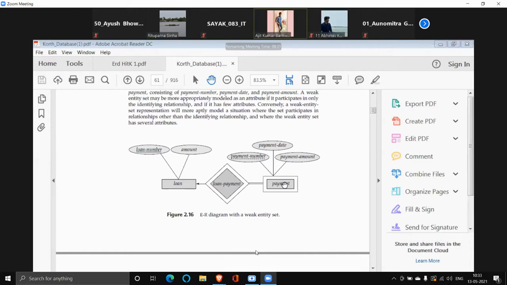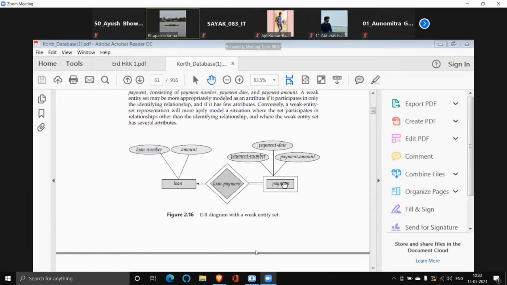Did you understand that payment number is a duplicate column? Because the person who took loan 1 will have payment 1, 2, 3 installments. The other person who has taken a loan will also have 3 installments, payment 1, 2, 3. So 1 2 3, 1 2 3 are becoming duplicates. So payment number is not a primary key of the payment table.